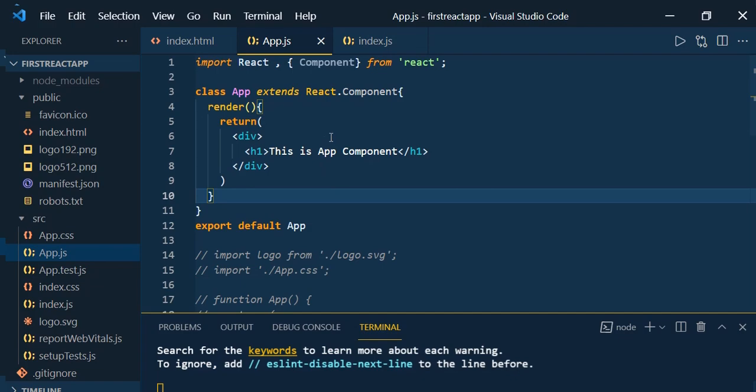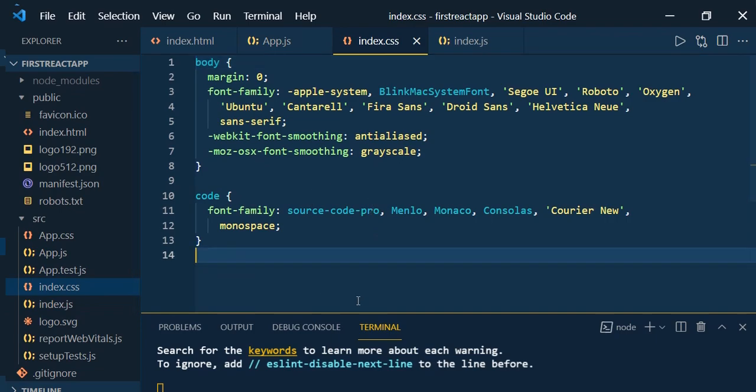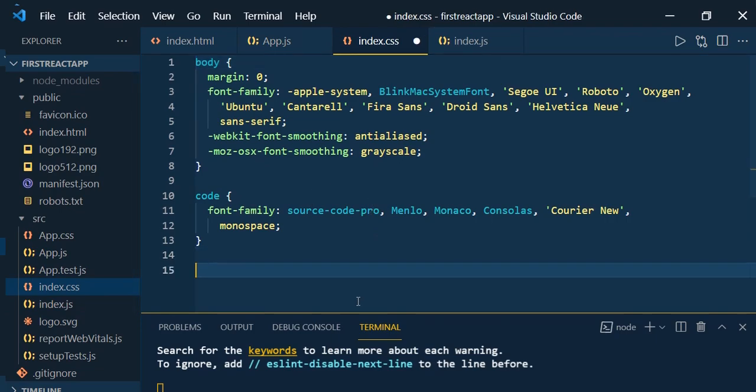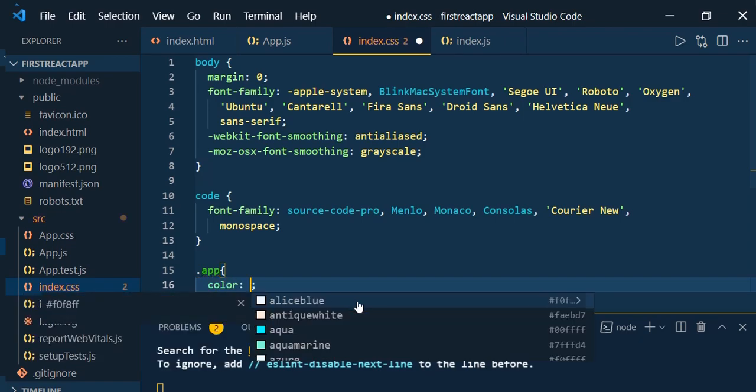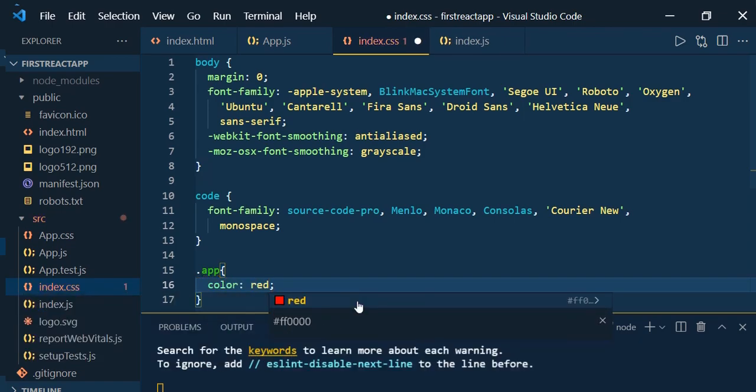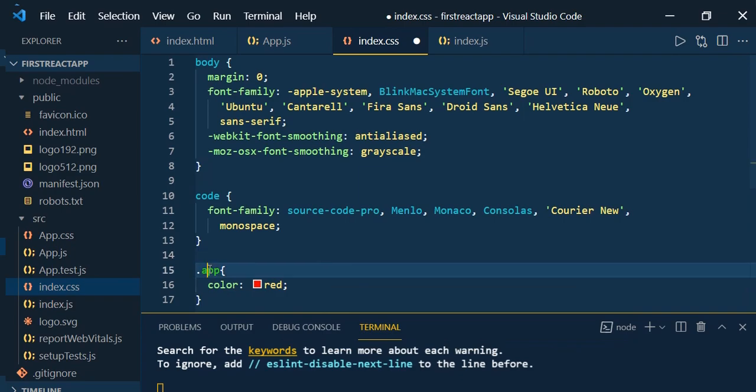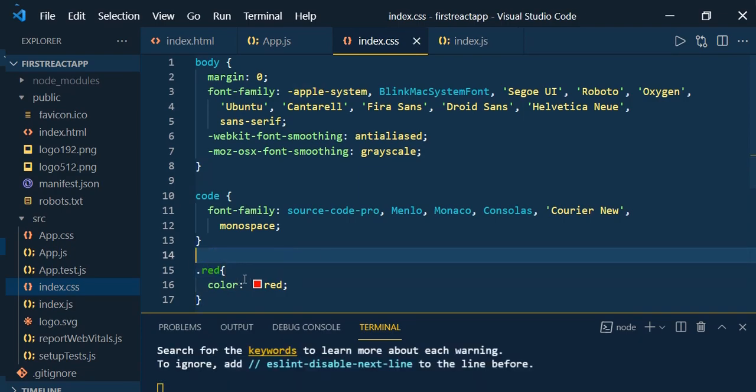Let me add some CSS class. Here we have index.css. Let me add a class, let's say red, simply named red, with the color red. So I added a class called red.